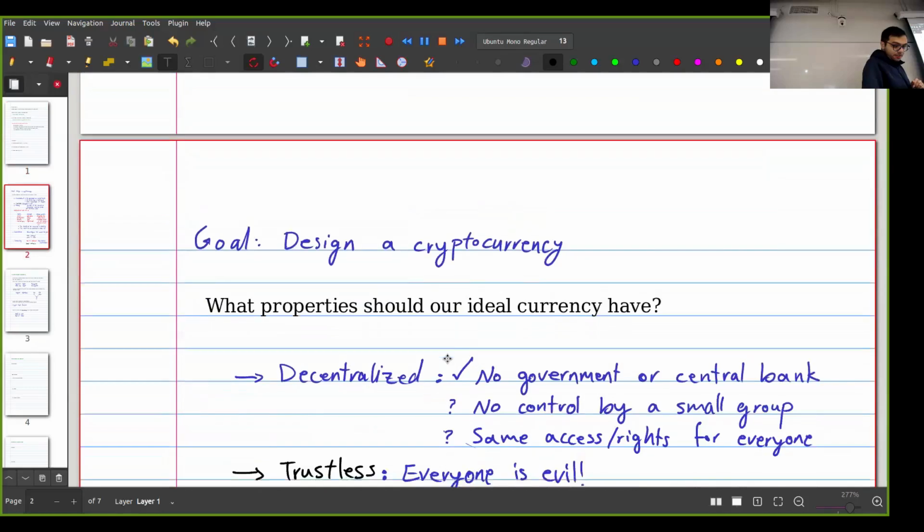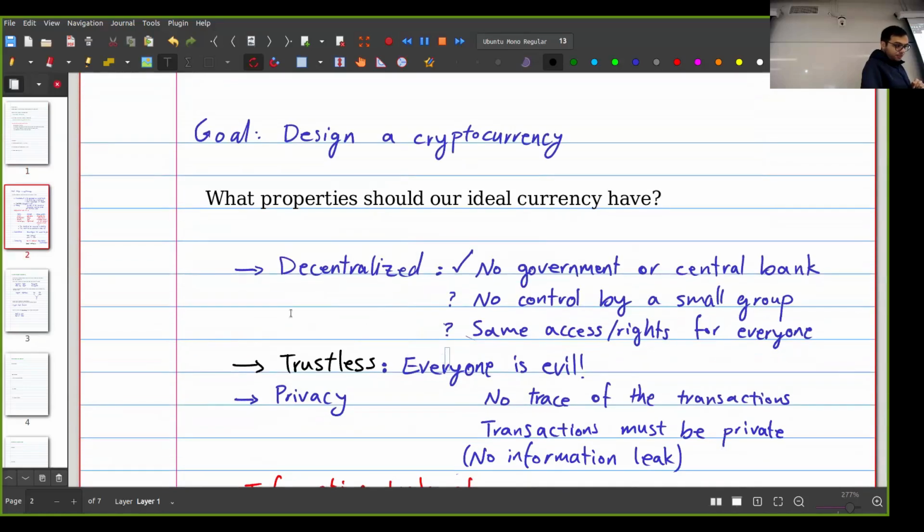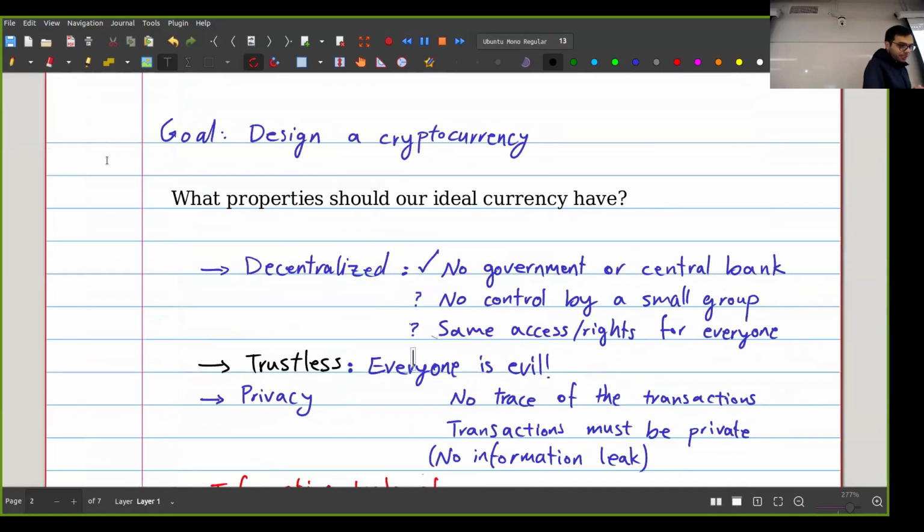Okay, so now let me move on to something that actually has to do with cryptocurrencies. This course is going to have 2 parts. In the first part, we're going to just see how a cryptocurrency works. We're basically going to create our own mini version of Bitcoin. And then in the second part, we're going to talk about smart contracts, and especially Ethereum, and we're going to see how to implement smart contracts.